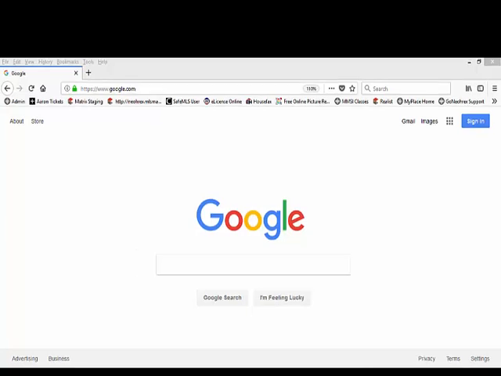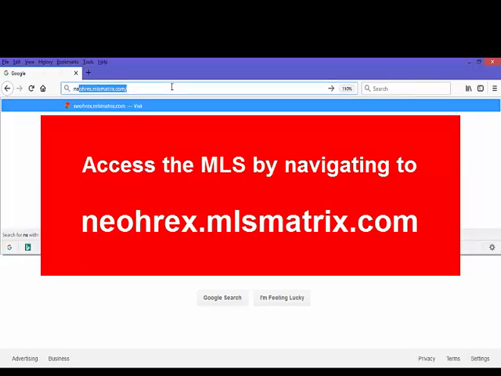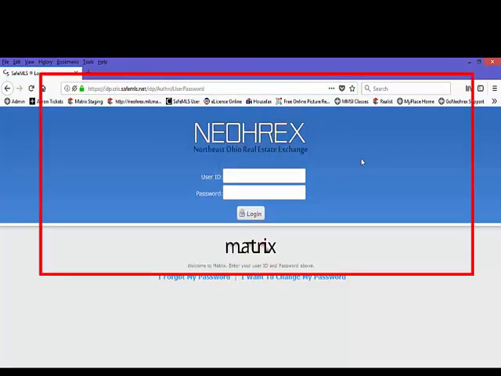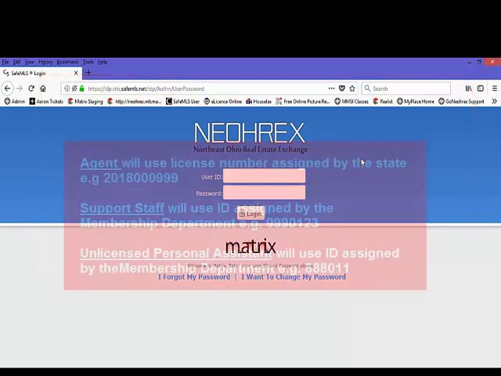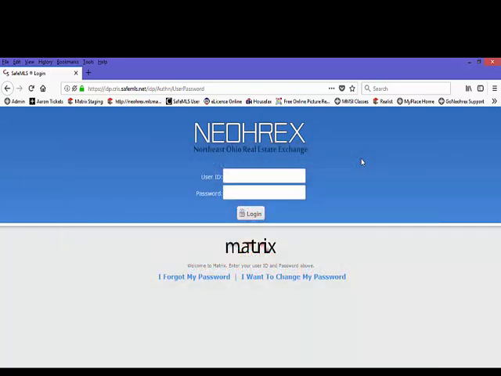To log into the MLS, the best site to navigate to is neohrex.mlsmatrix.com. You'll see an ID and password box. Your ID is either your license number assigned by the state or a personal assistant or support staff ID assigned by our membership department. You should have received an email from our membership department that included your ID and temporary password. The very first time you log on, enter your user ID and password,